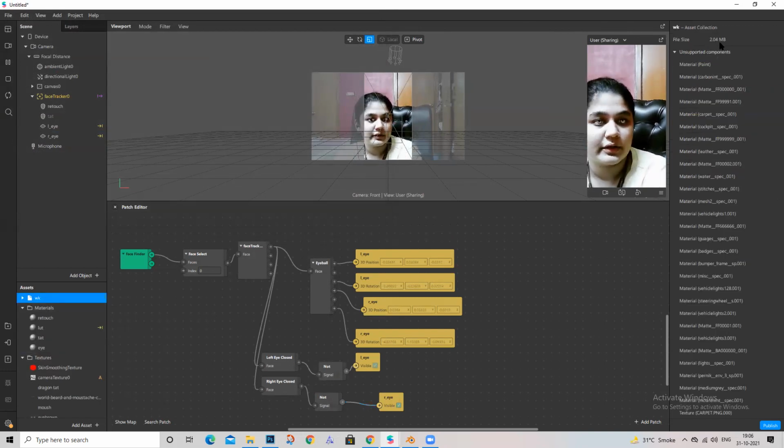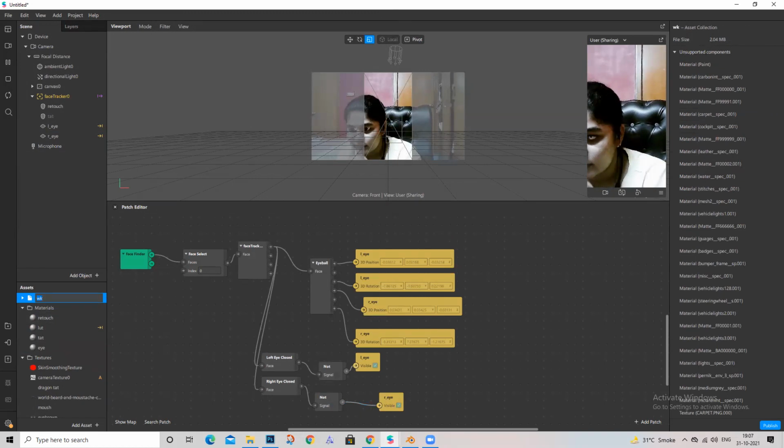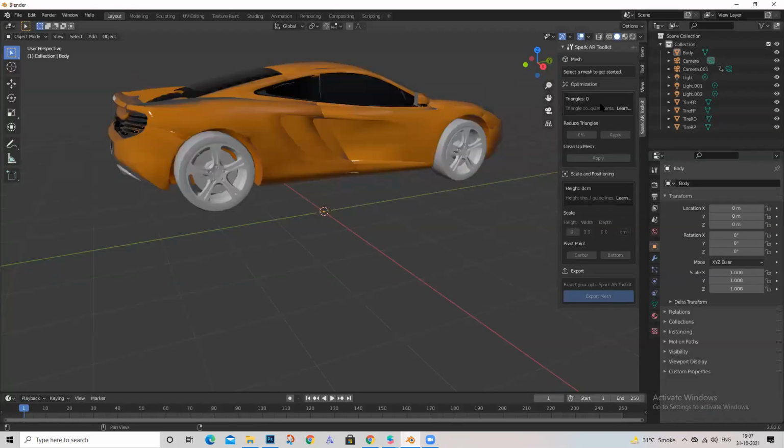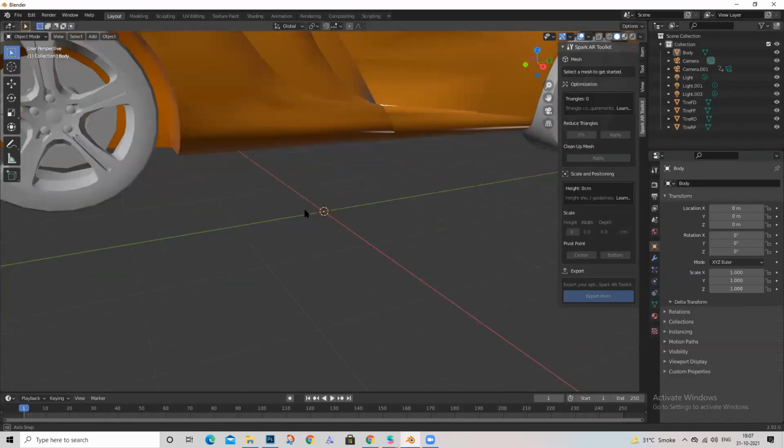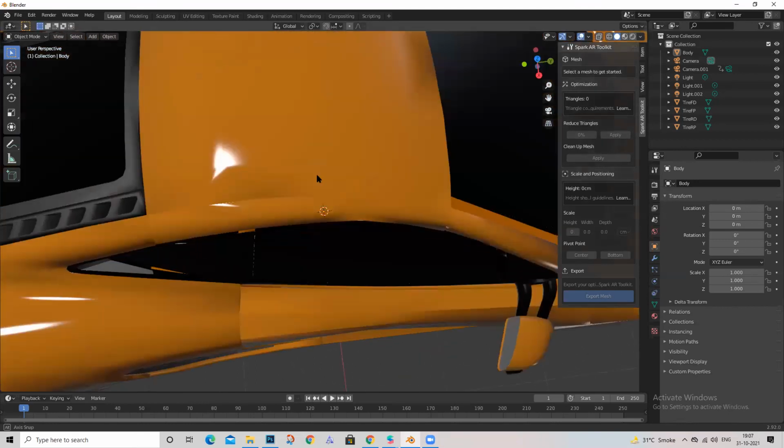You can see the file size is now 2.4 MB. Earlier the file size was over 4, so we had to reduce it. We reduced the triangles by 25%, and then we got the overall file size down to 2.4 MB. So maybe what you can do is go back to Blender and reduce it a bit more, clean it up a bit more. So this is how you can use the SparkAR toolkit.